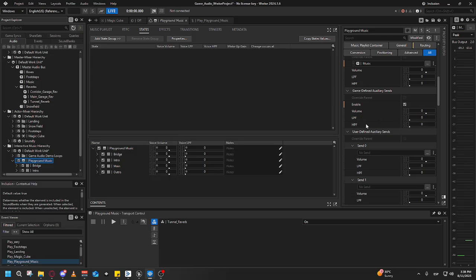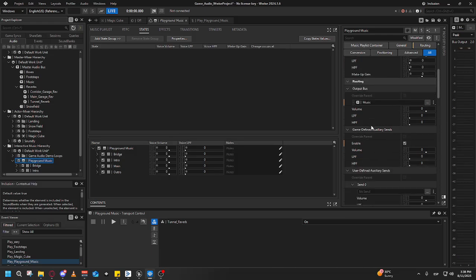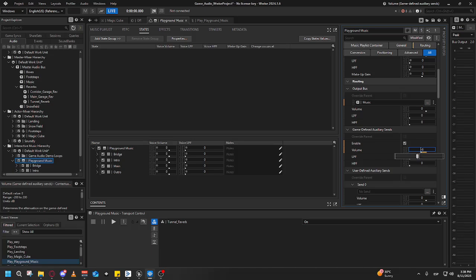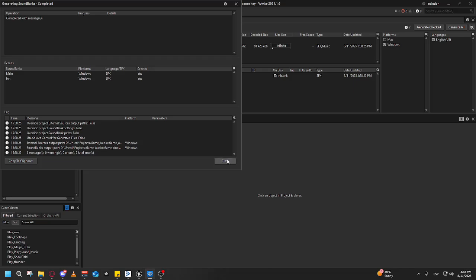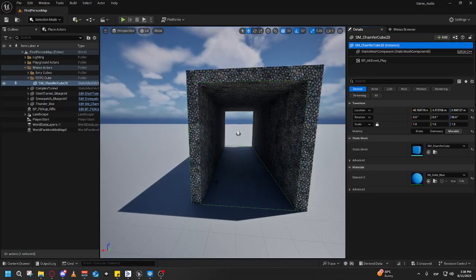And then we can do the same thing on the other side. So if I go into the playground music and we check for game design defined auxiliary sends, it works the exact same way. This one is a little harder to try, but the volume is going to work the same way. So I'm going to reduce this by -5. And then once this is placed inside of the sound bank, generate checked,